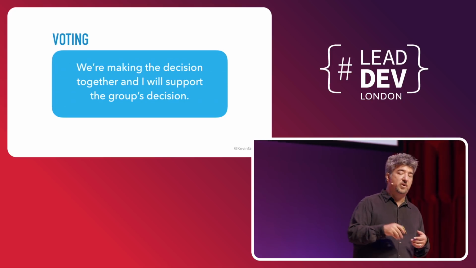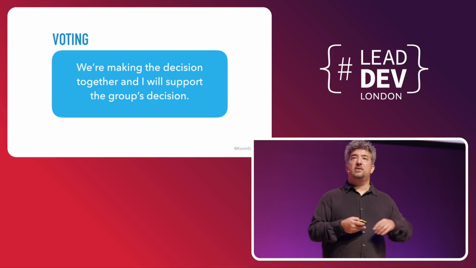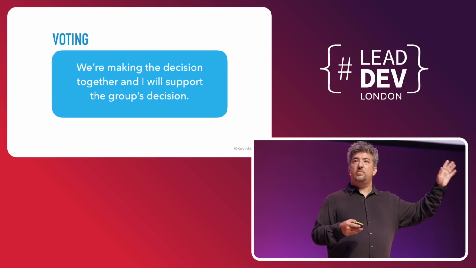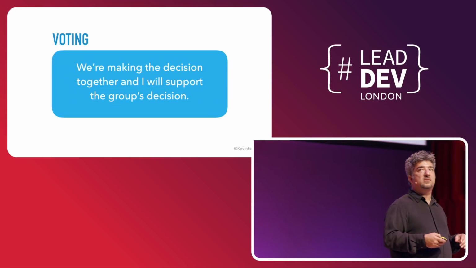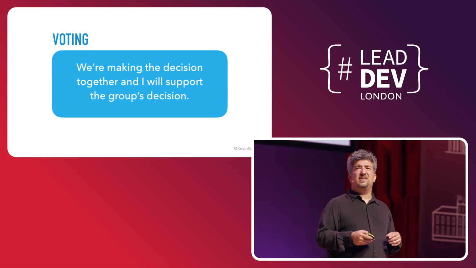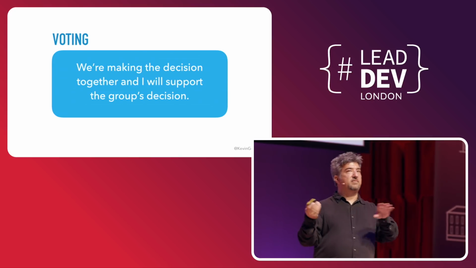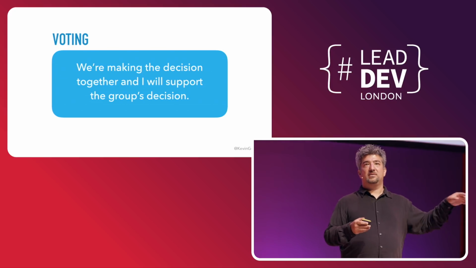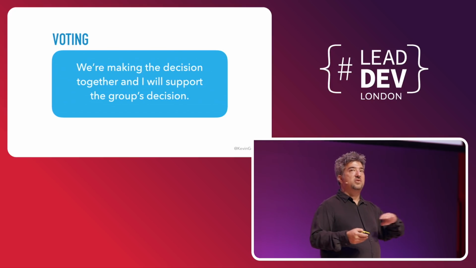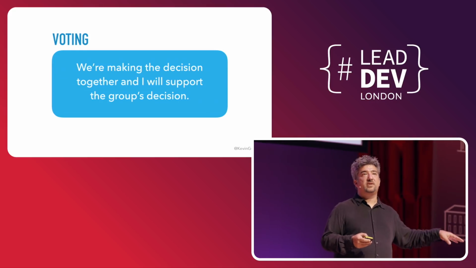So if your team votes on something and you say, like, are we going to use layer 7 routing? Let's vote. And the team votes. And then you go to your boss and you say, hey, we've decided to do this. And your boss says, why? That's a really bad idea. And you say, well, it wasn't my idea. The team decided, we voted and the team voted for it. I thought it was really bad, but you will lose the trust of your team and you will never get it back, right? You've thrown them under the bus.